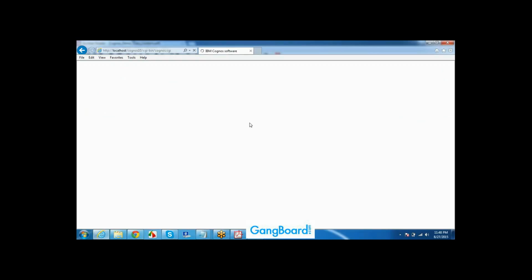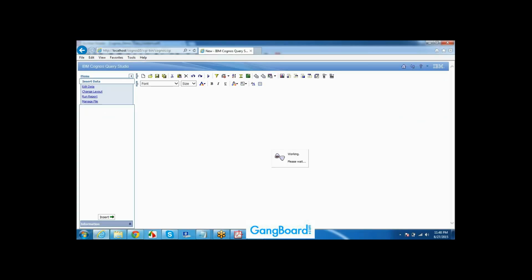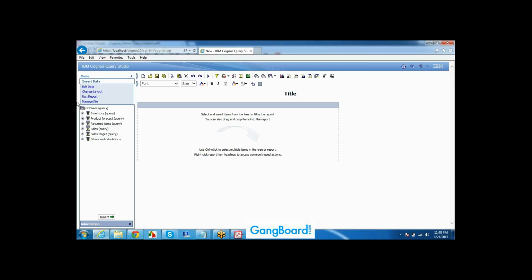Query Studio report. Just imagine Query Studio is a user-friendly reporting tool. Users can create reports themselves. They don't want to depend on the developer. They can create their own reports. They will just go to this package, this is what the package is. Here they will see some tables. Sales is one table, branch is another table, products is another table like this. They'll just click on them like this.